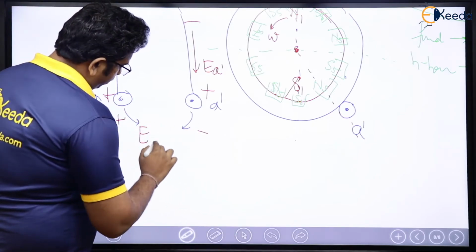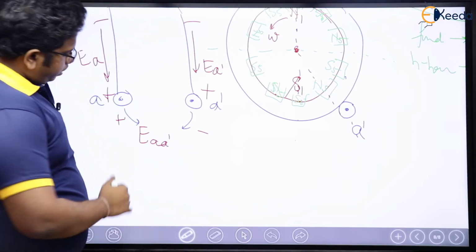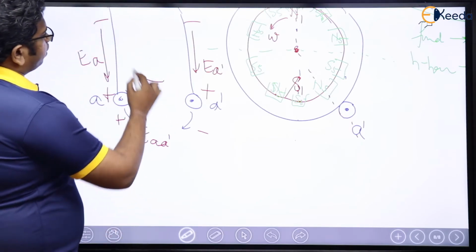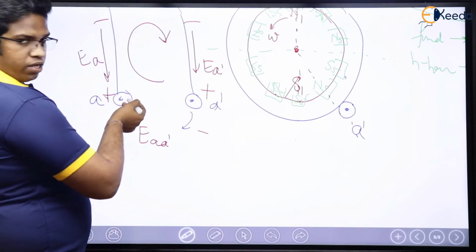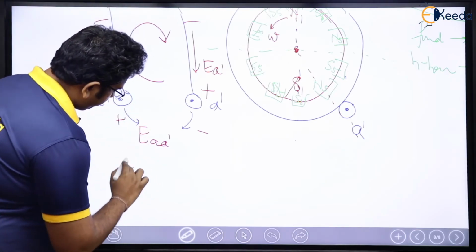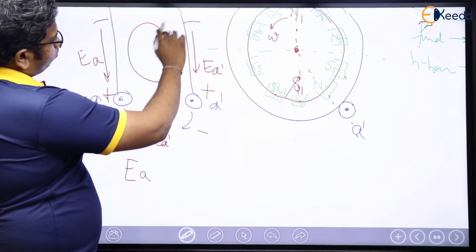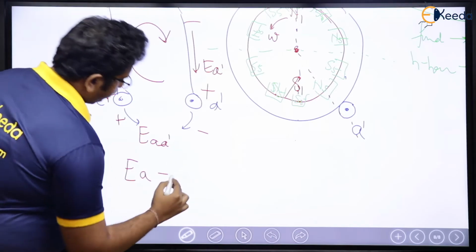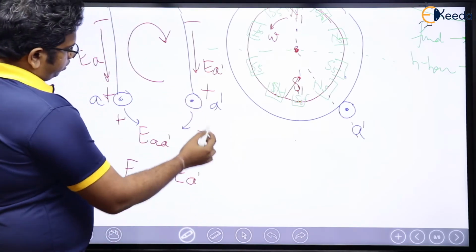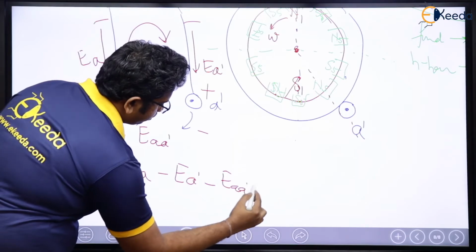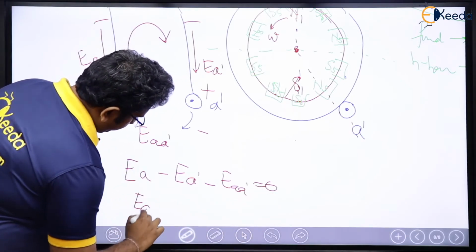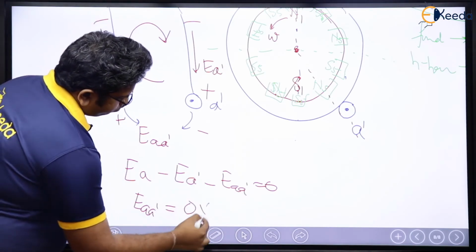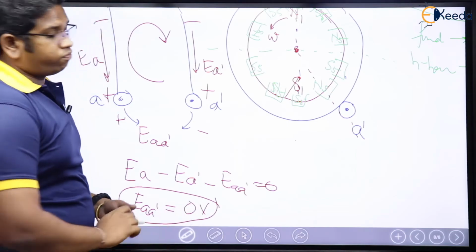So now, in this case, plus minus EA A dash I will get. Right? EA A dash will be how much here? Just apply KVL. First of all, if I encounter this, I get plus, so this is going to be plus EA. Then here this is going to be minus, so I will have minus EA dash. And then again, minus EA A dash, which is equal to 0. So if I take it that side, EA minus EA dash is going to be 0. So basically, the fifth harmonic is gone.